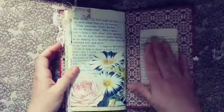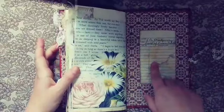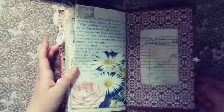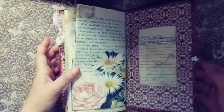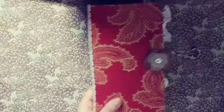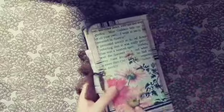And then I put in this library card. This is actually from Old Design Shop. I just added it in, and then I wrote Ellen Montgomery and Anne of Green Gables. And so like you could put dates or whatever else you wanted. So that's this one. And then the second one here is also fabric covered with this really more of a